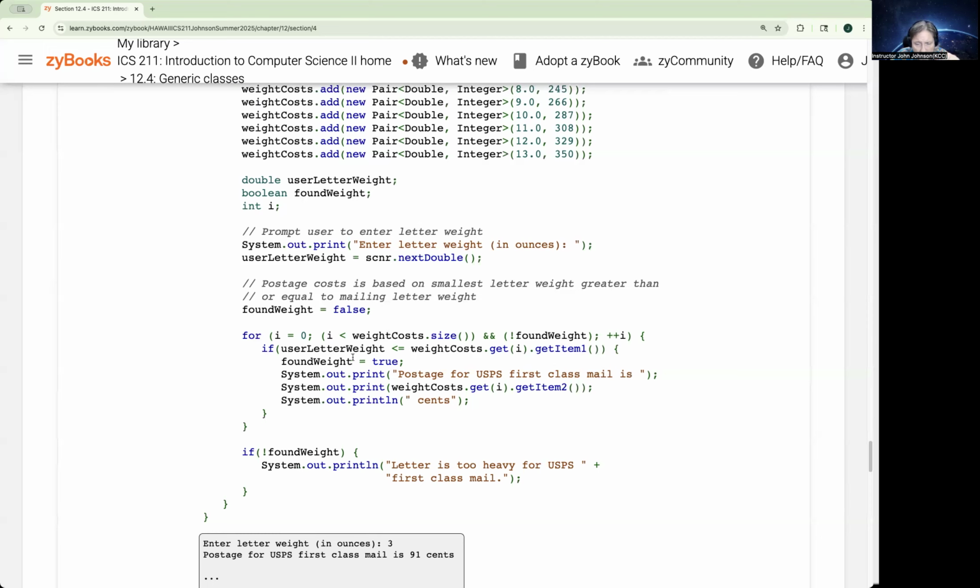we're going to keep looping. Then our logic in the loop is if the user letter weight, let's say you put in 2.6, is less than or equal to the weight cost for the current item there, if it is less than or equal to it, then this is the one that we want. So we go ahead